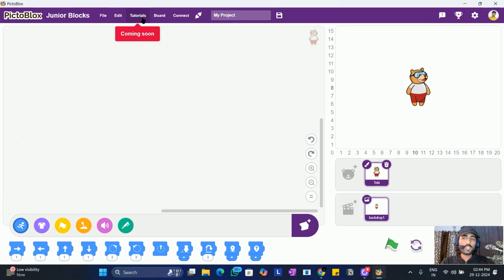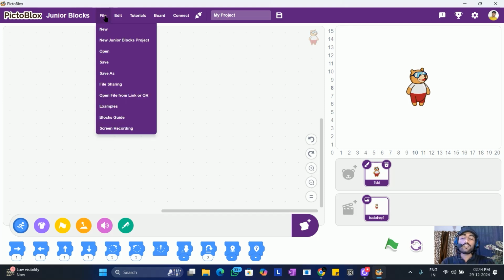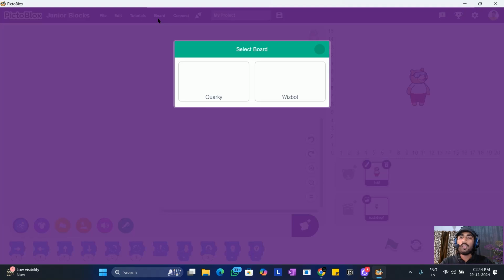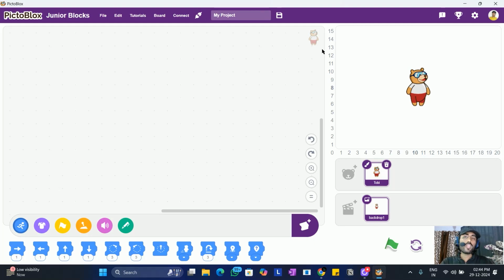Okay, now there's an option of tutorial. The tutorials option is not available in PictoBlox except in the Junior Blocks option. The difference between tutorials and examples is that examples are ready-to-use code, but a tutorial is a step-wise guide. Okay. Then boards. In boards, we have two simple boards available, Quarky and Wizbot, which we can use